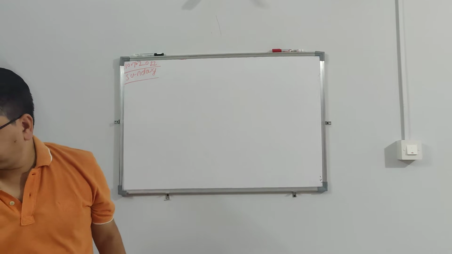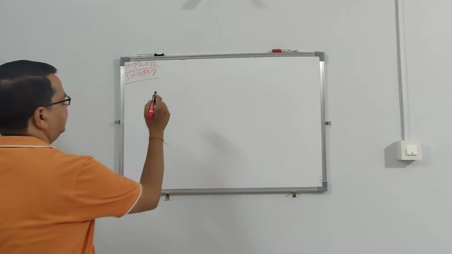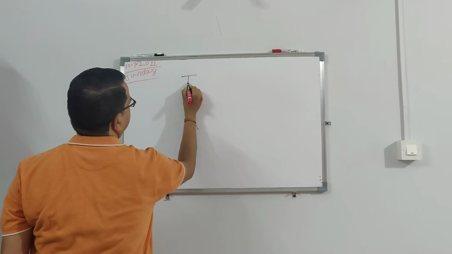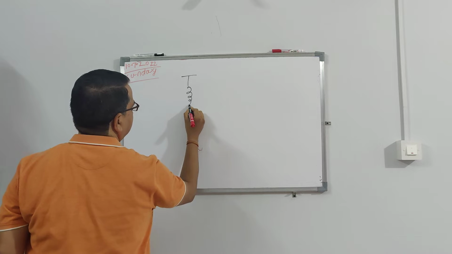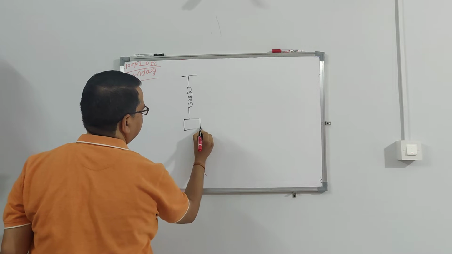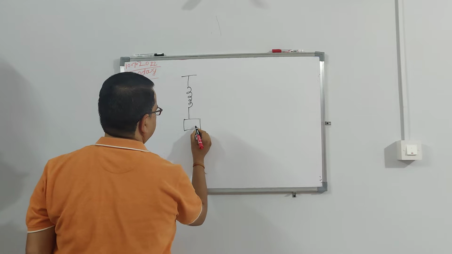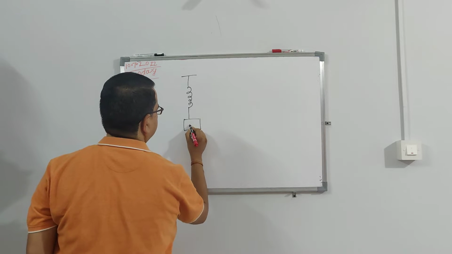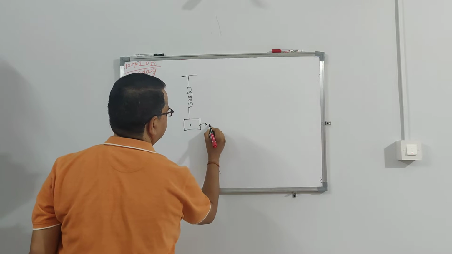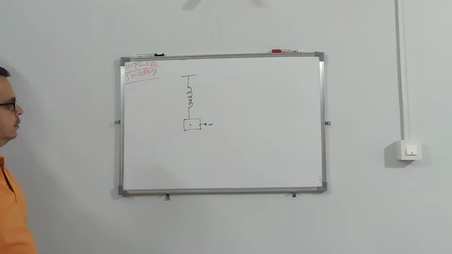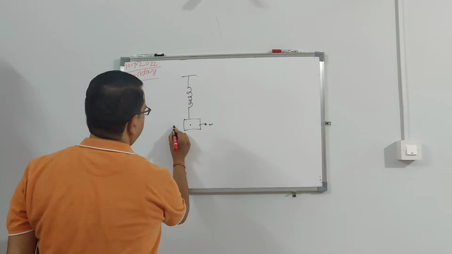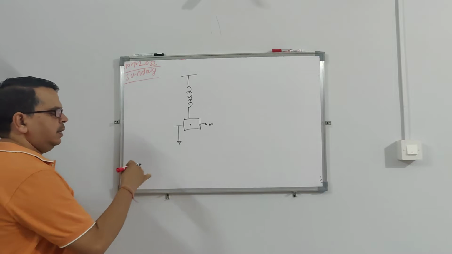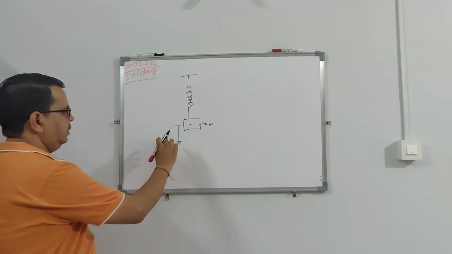like, suppose you have a spring and you have a mass. Let us say this is of mass m. Okay. So if you displace the spring by some external force, and then you leave